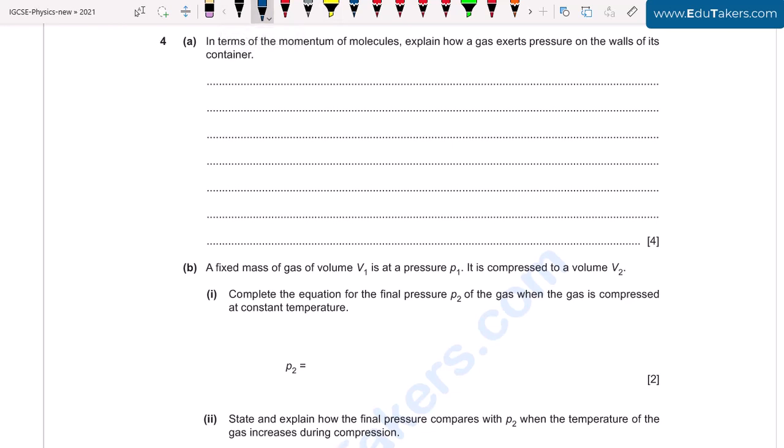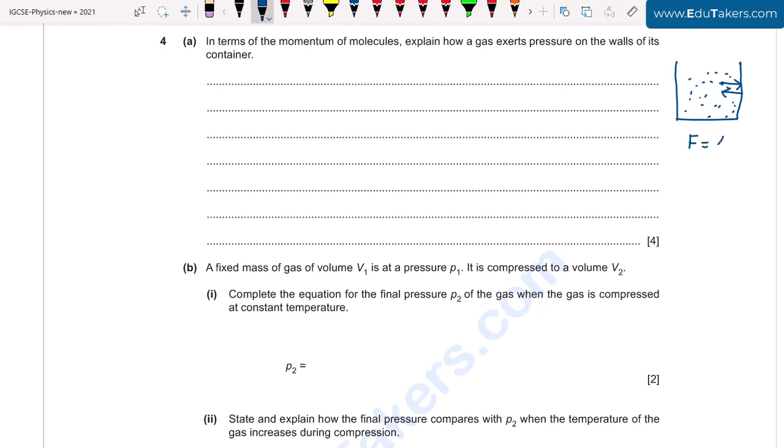So here if I consider a container and inside these gas molecules. These gas molecules are in continuous motion and they collide with each other and also with the wall of the container. When I consider this molecule, when it collides with the wall of this container, it changes its direction and comes back in the opposite direction. So this change in direction causes the momentum change, and we know that